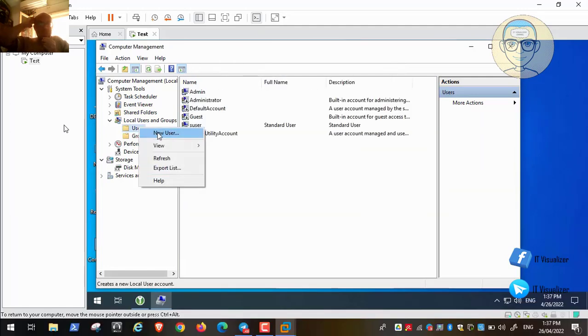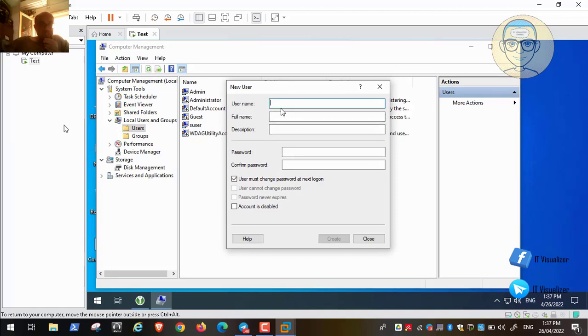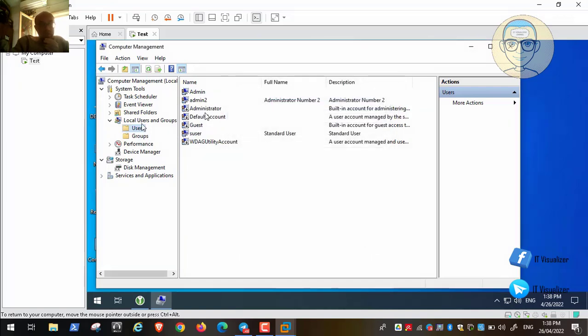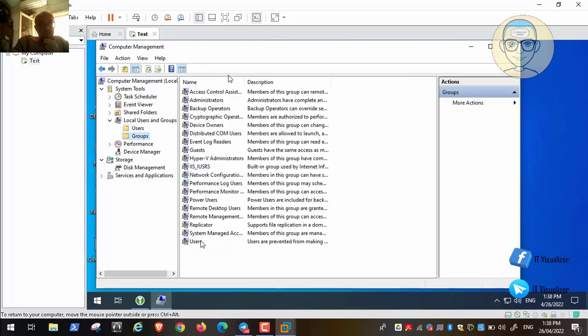Now we'll create a second user, and all of this is to test and see how KeePass will deal with multiple users on the same program. So this is administrator number 2, or number 3 actually. Now we will put a description, and we'll put a password, and then we will also uncheck "User must change password at next login." Then we will create the user, and then we need to put him in the Administrators group